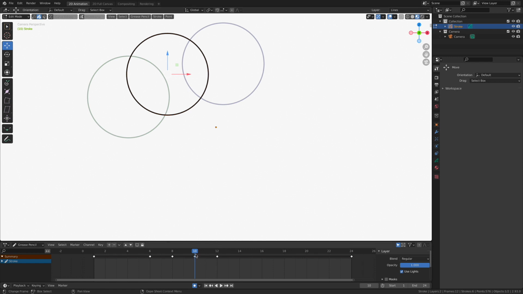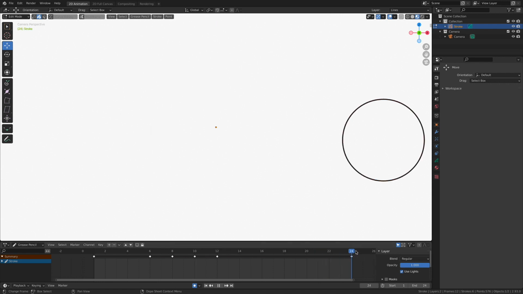But as I stop here on frame 10, I'm getting a little confused. I have a big problem. If you look at the onion skinning, the ghosted preview frames of what's coming before the location of my playhead, that's the green one, and what's coming after, that's the blue one, or purple maybe, I'm certainly not seeing where the sphere started and where the sphere ends. I'm not seeing the keyframe on frame 1, and I'm definitely not seeing the keyframe on frame 24, which is way over here. What's the deal?